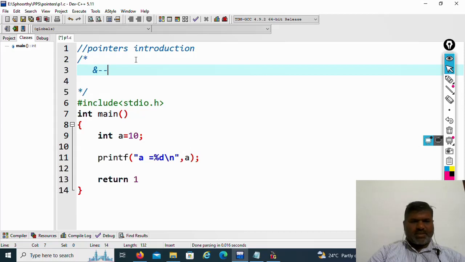One is ampersand. Earlier, in every program in a scanf function, we used ampersand. What is the purpose of ampersand? This ampersand gives the address of the variable. Ampersand gives the address of the variable,